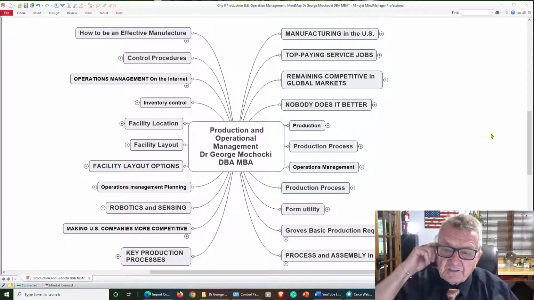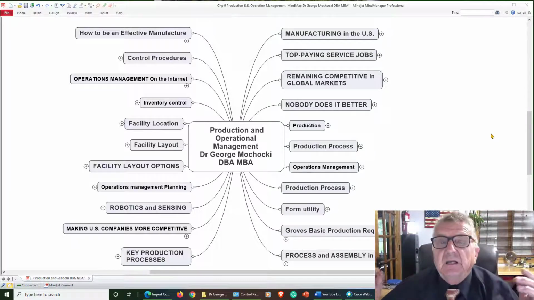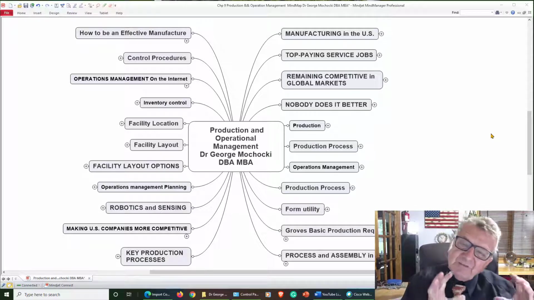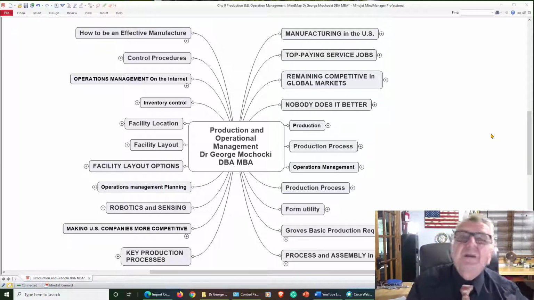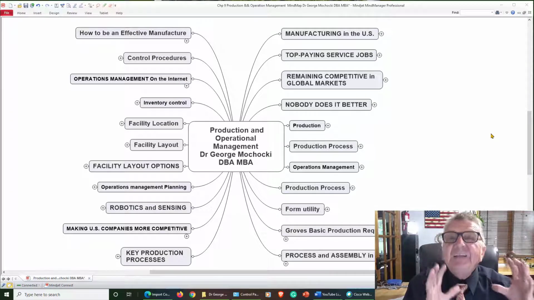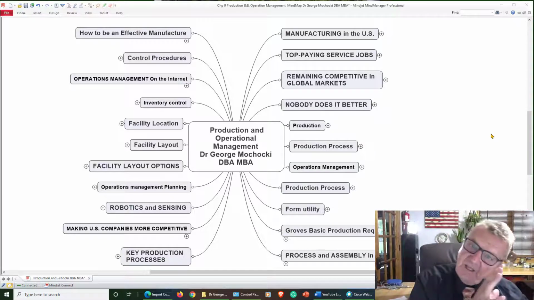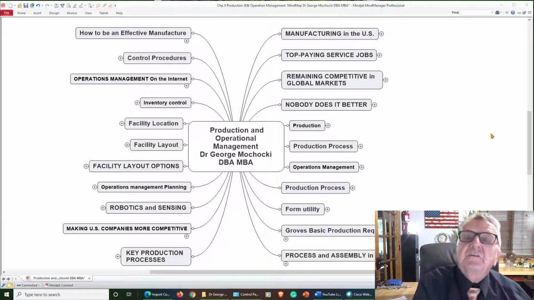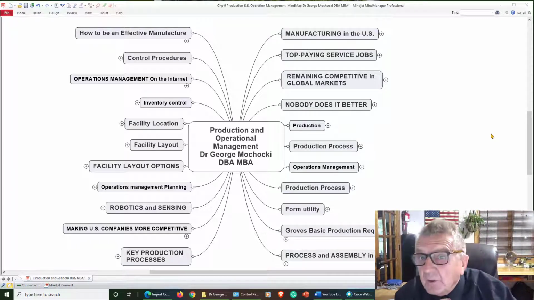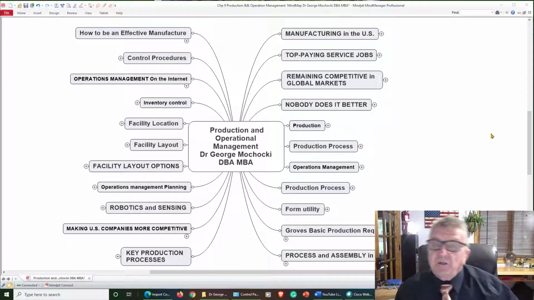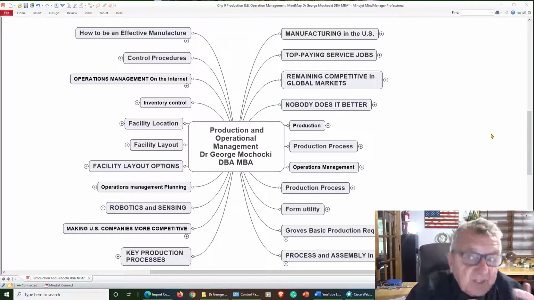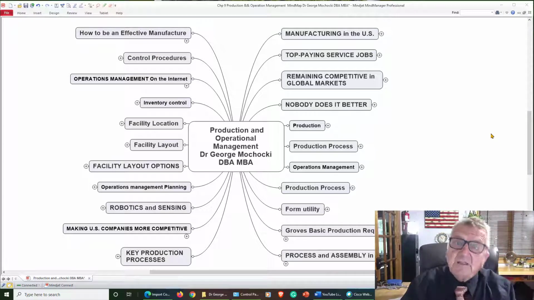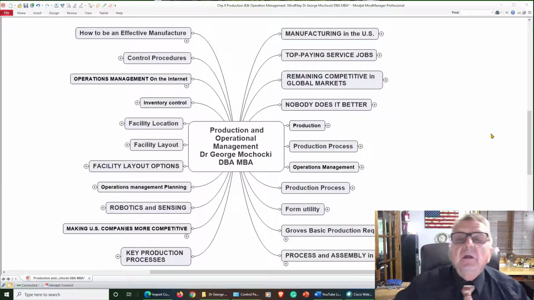Today we're going to be talking about production and operational management. The way the author presented it, the way most of us look at operational management, in production we kind of look more to the manufacturing side. Taking that mindset, let's take that process from a manufacturing position. You have a conveyor belt, you have inputs, you have outputs, you have costs, you have different customization. And when you're really looking at that, you're looking at how I make a product from beginning to end, step by step, in manufacturing.